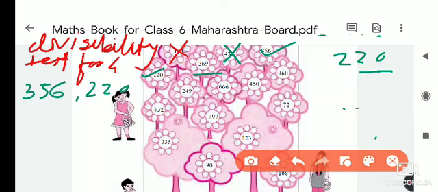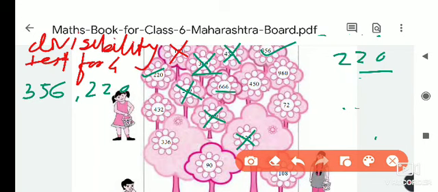369, what I told you, it is an odd number. So don't check, not necessary to check. 249, this is also odd. Cancel it. Next number is 999. This is also odd. First of all, we will cancel odd numbers only. Then we will check the remaining numbers. So wherever I have put the cross here downside, those are not divisible by 4.